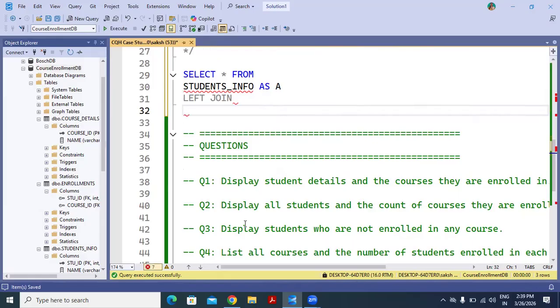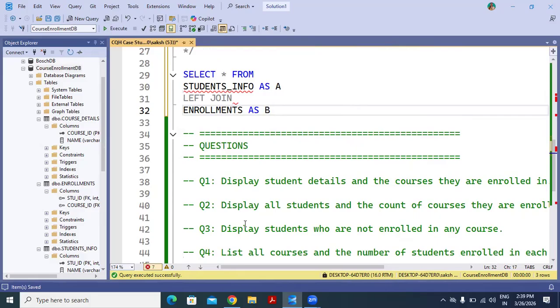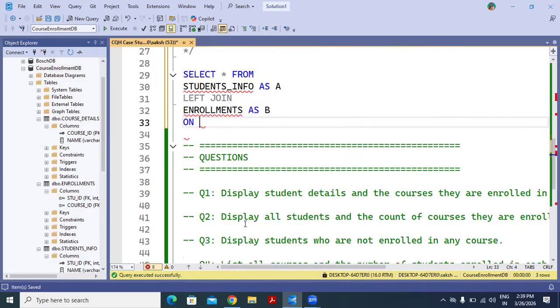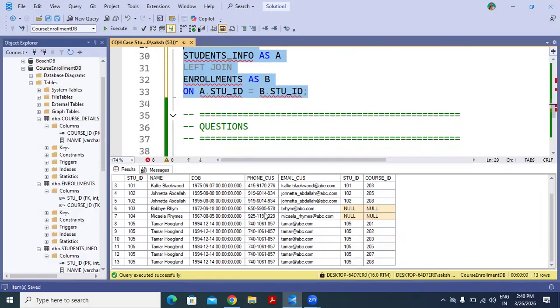The second table, meaning the third table, is enrollments, B, on A dot student ID, the common column, equals B dot student ID. Just select it and execute it. So yes, we got this result.